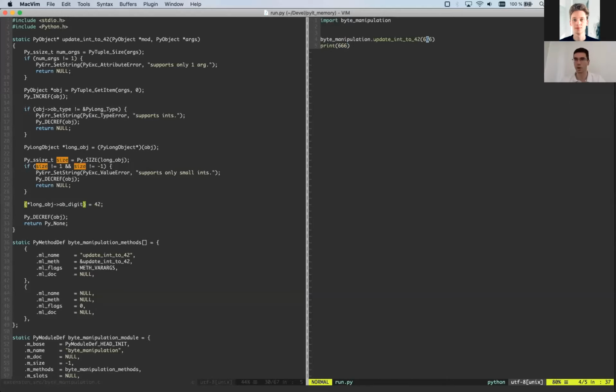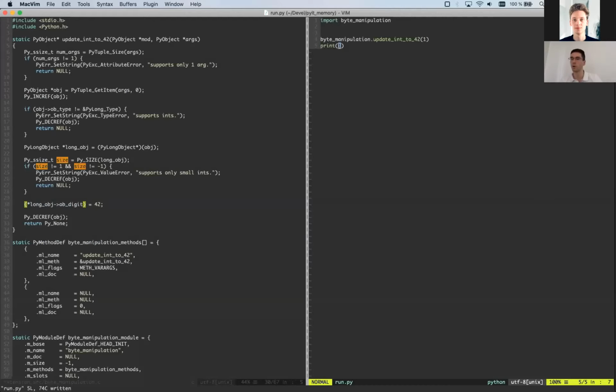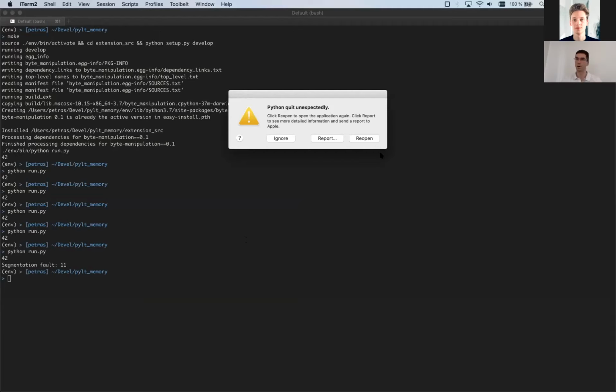Same. And I can actually, okay, I change 1 to 42. It seems like, oh, it's a cool thing to do, but I do remember actually getting, yeah, segmentation fault. So I break Python. Why?